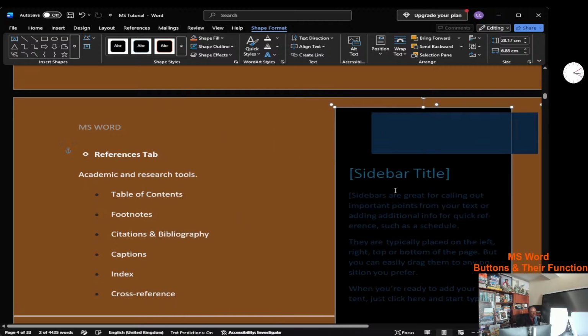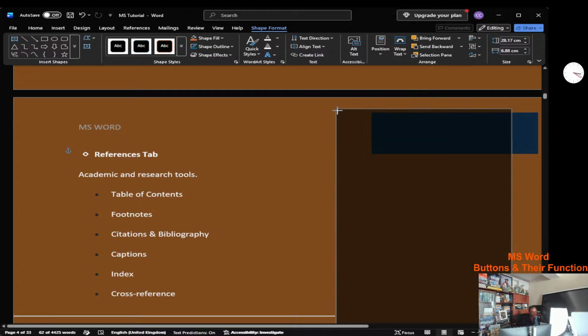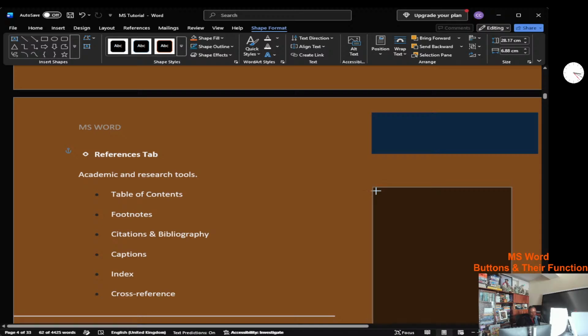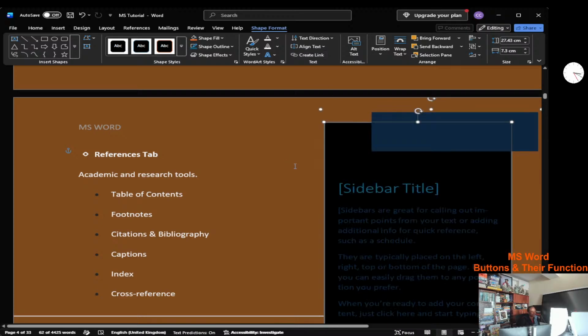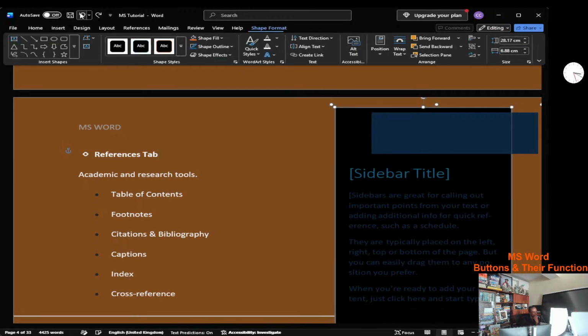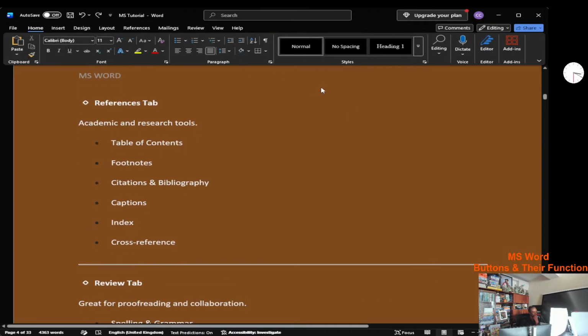Once you put the text in it, you can move that text anywhere. You don't need to copy and start moving. You just need to carry this box and it goes. Then you can resize it, you can make it smaller, you can make it bigger also. Okay, now for the